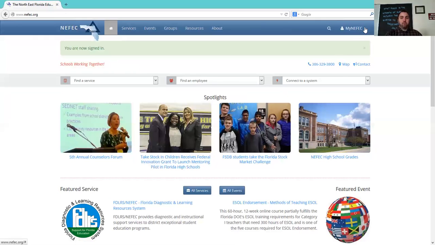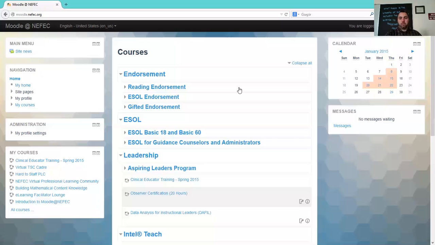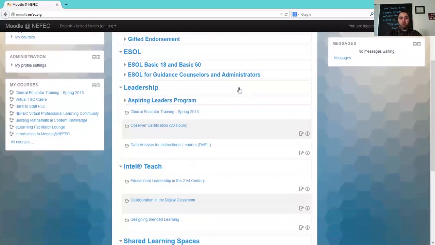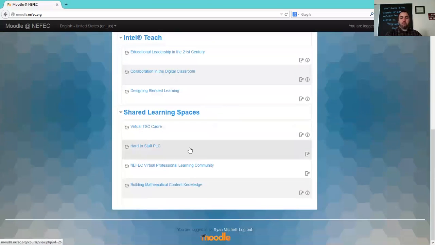To get to the Moodle, you're going to use the drop-down menu up in the top right-hand corner where it now says My NEFEC, and you're going to drop down and select Moodle. Okay, once you get there, it looks like a screen like this. Remember that our course is all the way down at the very bottom. It's the NEFEC Virtual Professional Learning Community. So I'm going to click in there,